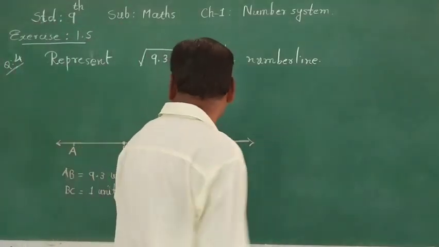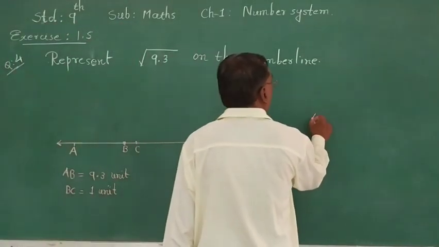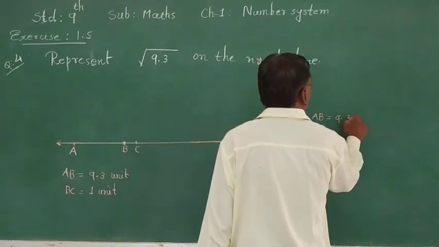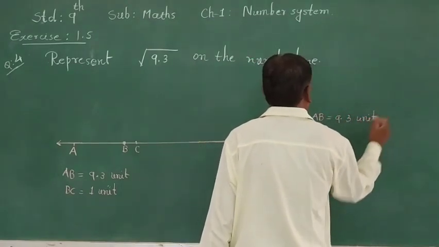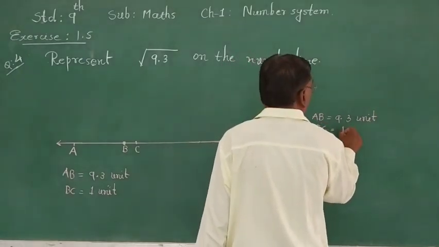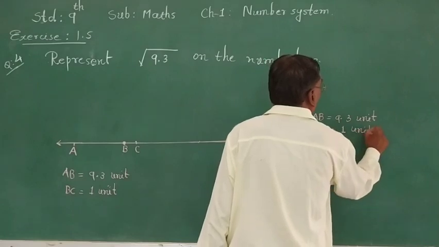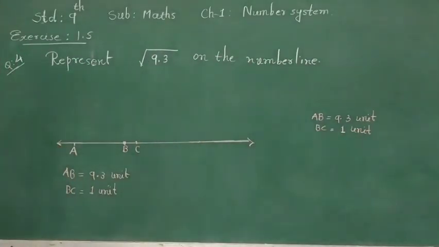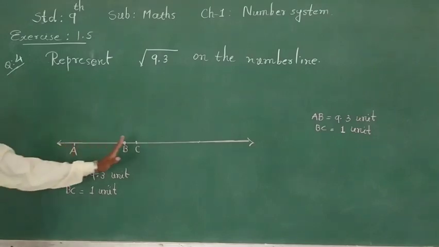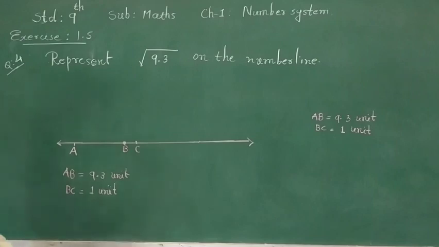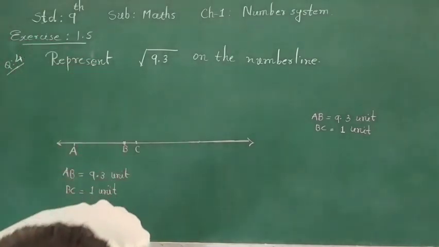Now we have here AB equal to 9.3 units and BC equal to 1 unit. Now obtain the midpoint of segment AC, and to obtain the midpoint of segment AC we have to